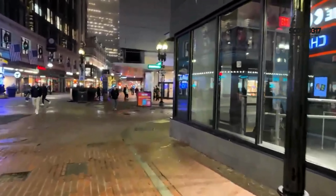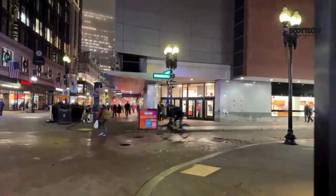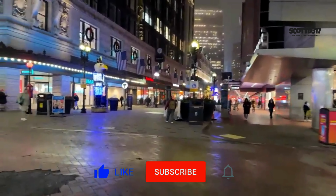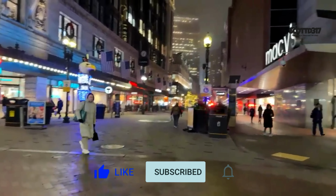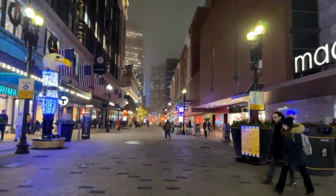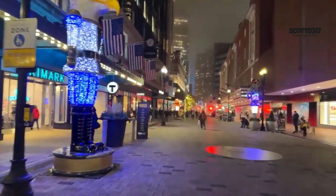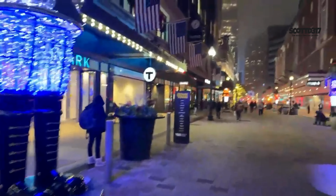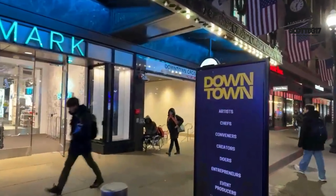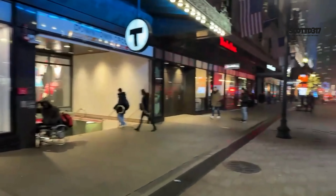And then here's the Macy's. This is the first Macy's I've ever been in. We usually have a big tree, but they cut back on their holiday stuff. Oddly enough, or not oddly enough, they cut back when people started complaining about the pride flags and stuff. So they said, well, screw it, we won't do any of it. Unintended consequences. Here's the pretty eagle. Anywhere you see a black T like that means it's a public transportation stop. You see the colors, red line and orange line. This is Primark, kind of a discount clothes place. This area they use